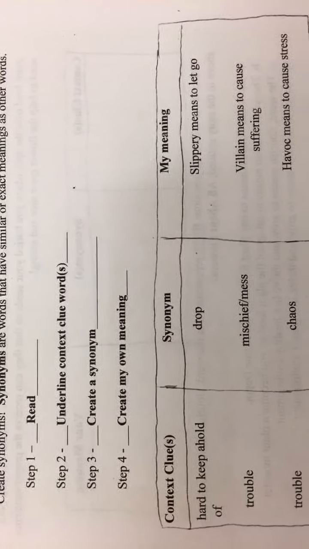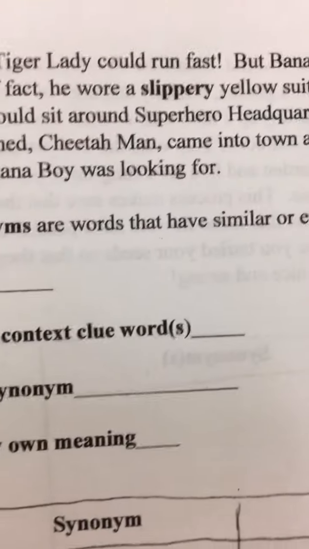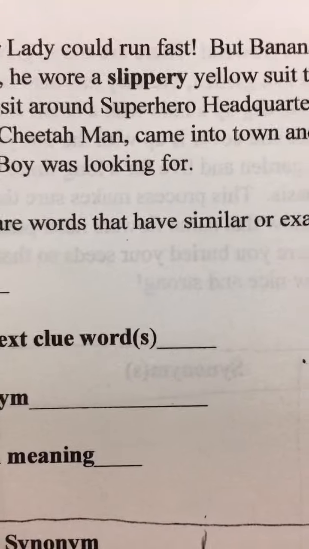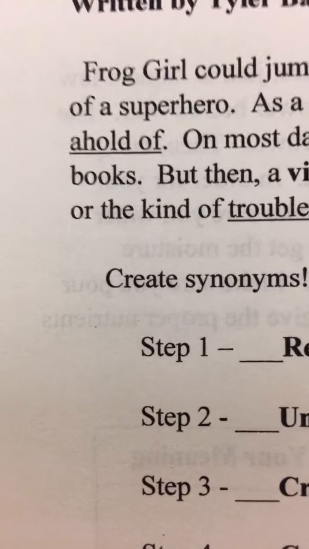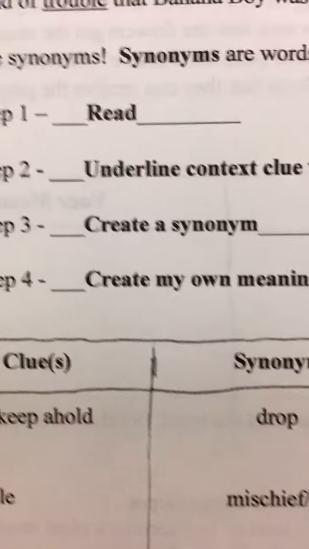So as you can see, the various steps to finding context clues, okay, and creating meaning. So step 1, you gotta read the passage. I'm gonna flip my phone back around like that, okay? And we're gonna zoom in here, and the word slippery. I need a context clue word for that, and it's right there. Hard to keep a hold of. That's gonna explain the meaning. So if you take a look here,